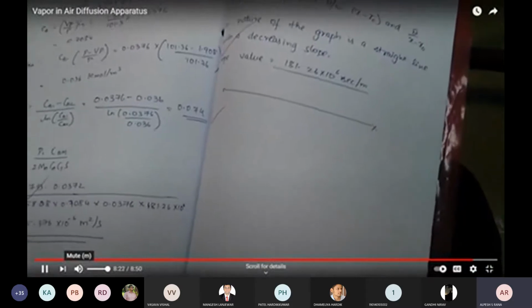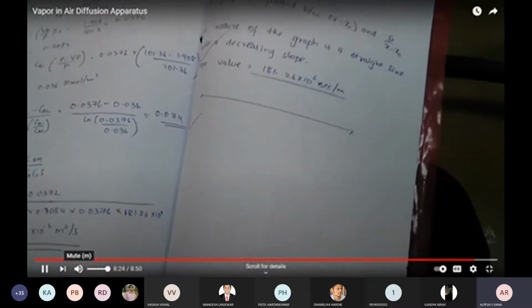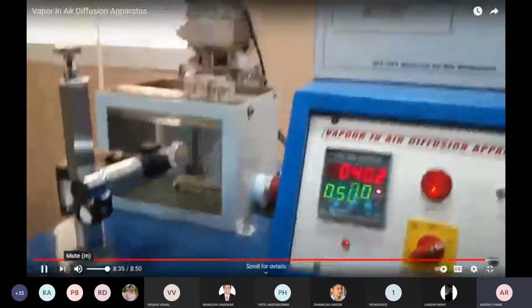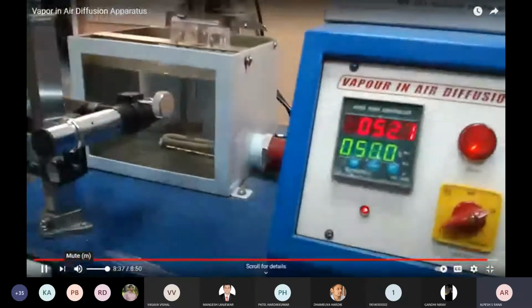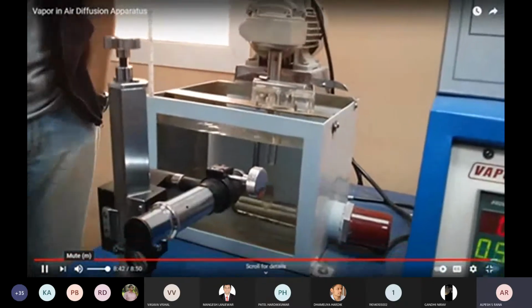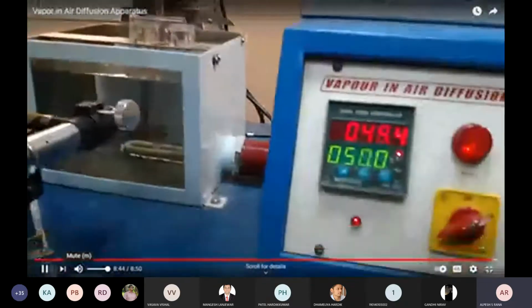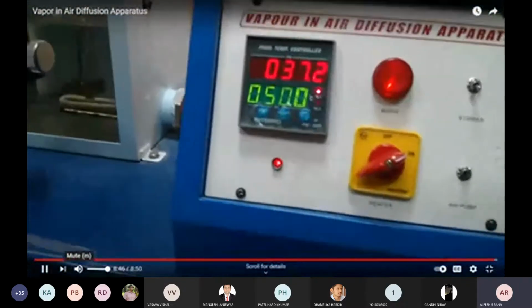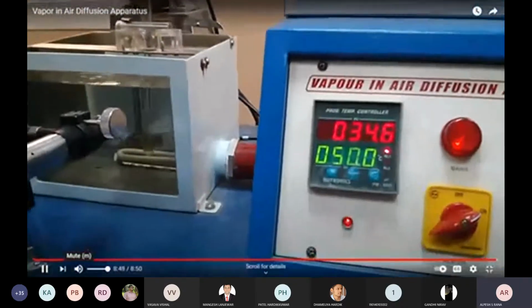Sir, when we are waiting for the gap of 15 or 20 minutes, in that gap the temperature will be rising. So we have to maintain the temperature at 50 by switching it off and on again and again. Yeah, that you need to do, right? Before that there was a thermostat. Now it's not working properly, so you need to do it manually. Keep an eye on that. When it goes to 52, 51, 52, then switch it off. When it is coming back to 48, 49, switch it on again. Like that.